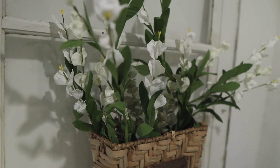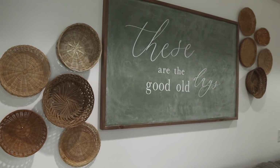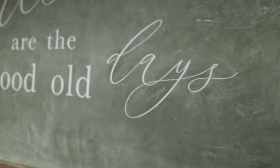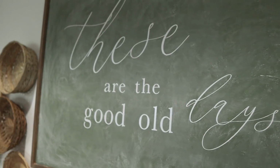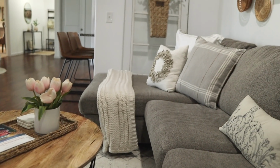I also love switching out the different floral stems in this basket for the different seasons, and I thought these were so pretty and wispy. I also left this wall pretty much the same that it's been for a while. I love this green sign that was a DIY,